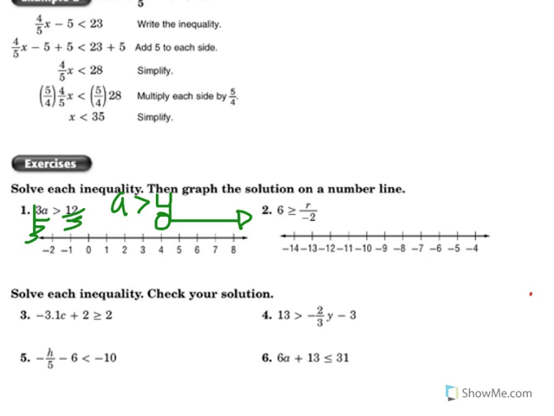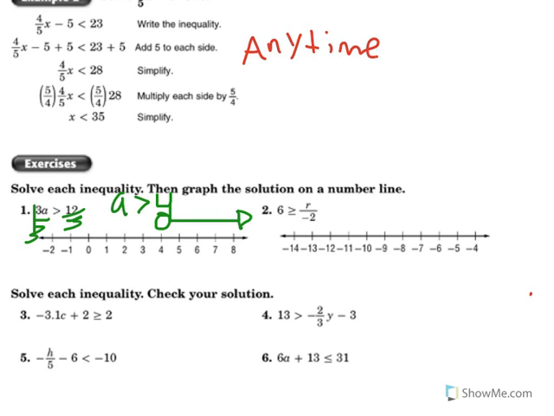Now take note. In number 1, we were moving a positive number to the other side. Now in question number 2, we're going to be moving a negative number to the other side. We have to get rid of that divided by negative 2. R over negative 2 means R divided by negative 2. Remember, fractions are division. So we're going to be moving a negative number, and this is where it activates a special rule. The special rule tells us anytime